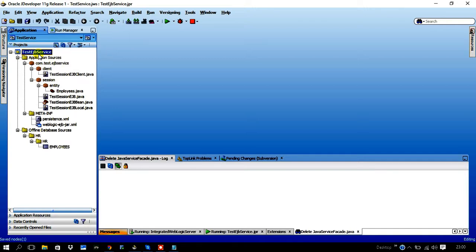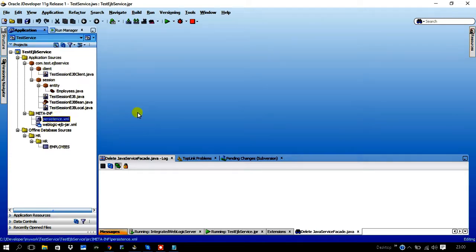We do have an option at the EJB level, but here we are calling the client as a Java SE client. The one which we already created is a very basic Java client, nothing but retrieving some server. From the server we do an EJB lookup, and from the EJB lookup we retrieve the EJB object, that means nothing but your interface name. From the interface you are calling your own APIs. That's a very traditional way. Anyway, while going for enterprise level, we are going to do it that way only. But this is an option for the developer who frequently makes code changes and doesn't want to deploy immediately. We can go for the Java SE client.